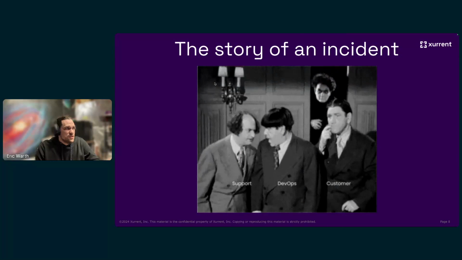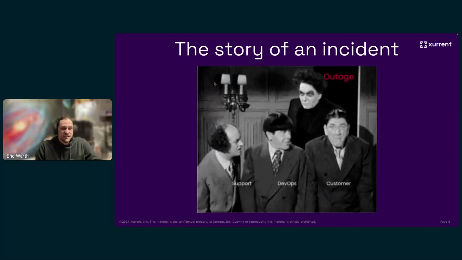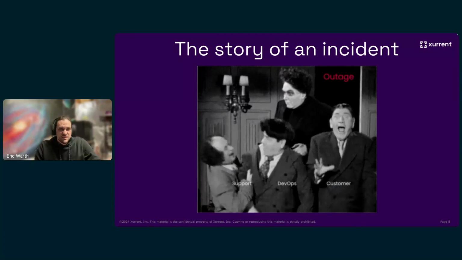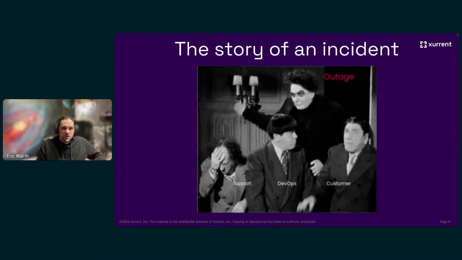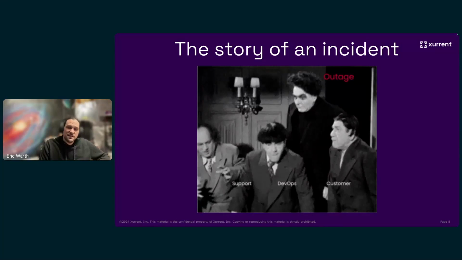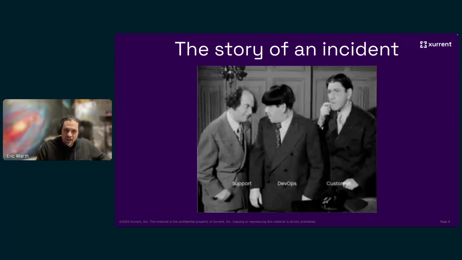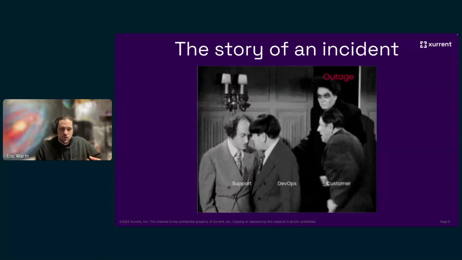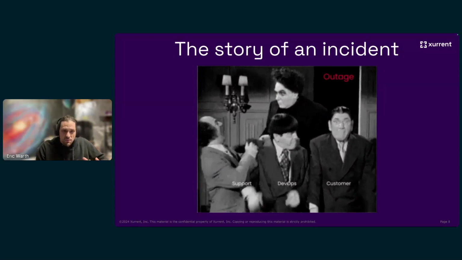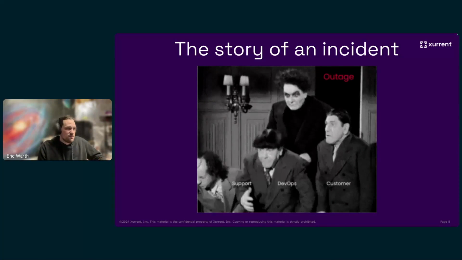And so, again, we keep theoretically talking about the idea of an incident. This is where I like to start to think about how, if we want to improve this process, we can break down an incident and understand the core parts to it. And to me, in my over a decade of experience dealing with status pages and incident management in general,